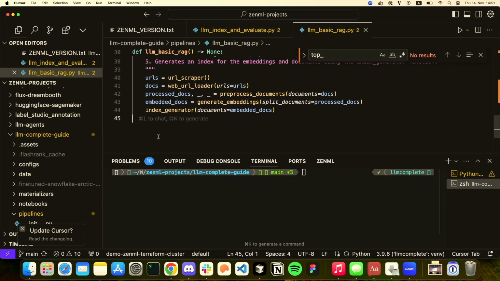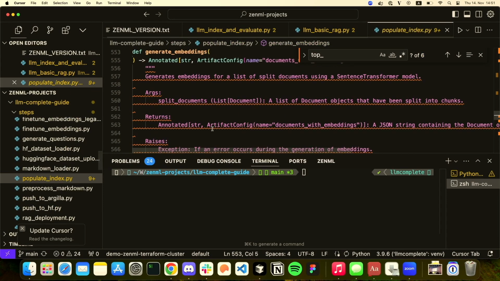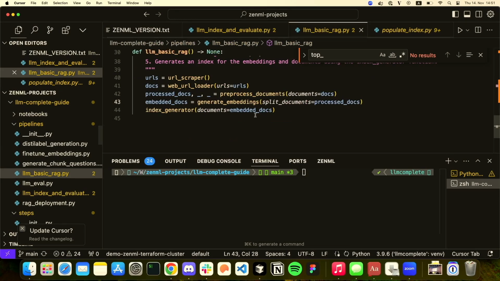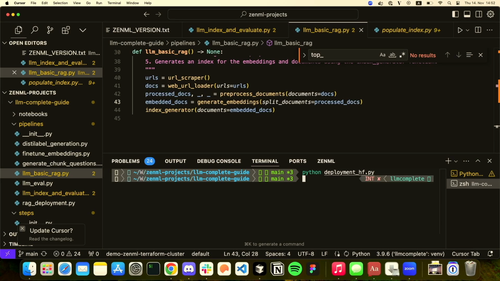Yeah. And then you generate the index at the end after you generate the embeddings. And you can see the code is pretty simple, right? So you have a sentence transformer, for example. We don't need to get into the details, but let me call this pipeline. And while I'm calling it, I'm going to switch over to the